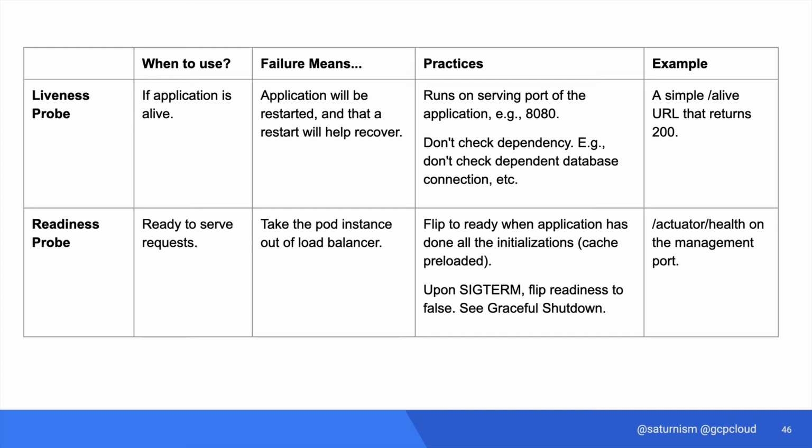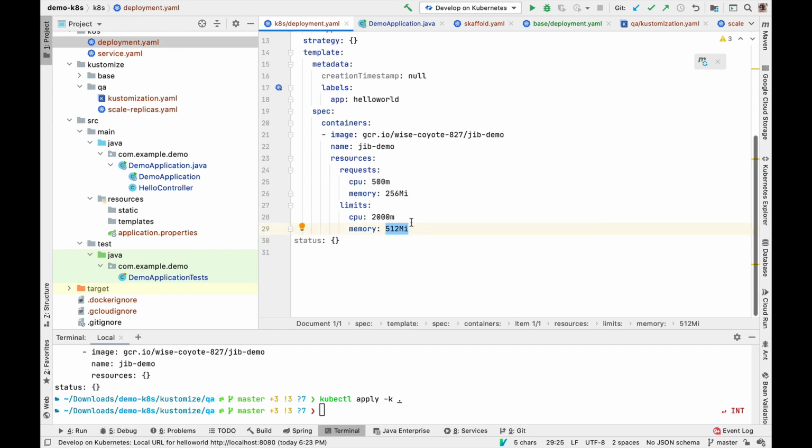The readiness probe is telling Kubernetes if you are ready to serve. Why would your application be alive but not ready to serve? Well, maybe you are starting, your application is alive, but you're trying to pre-warm the cache, preloading some data, so it's not ready to serve. Okay. So your application could be alive and not ready. This is important later when we get to graceful shutdown. But to implement this, you can use the liveness probe and the readiness probe.